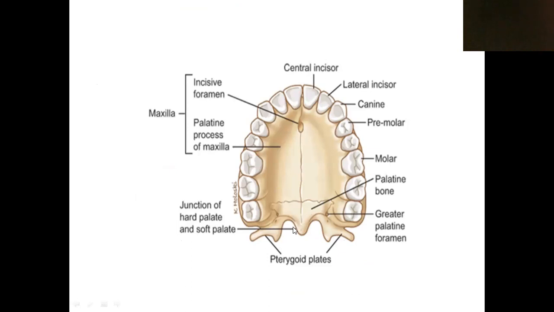Not only to the posterior border of the hard palate, but also to the inferior surface of the hard palate behind the palatine crest. This area is the inferior surface of the hard palate, and this ridge is the palatine crest. Only the part behind the palatine crest, this area. So the insertion is to the inferior surface of the hard palate behind the palatine crest and the posterior border of the hard palate.